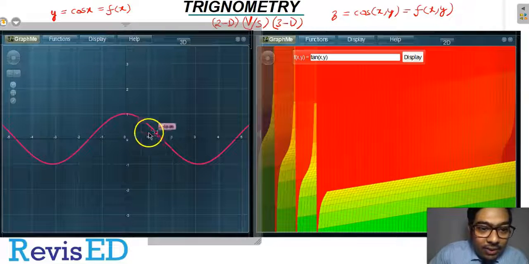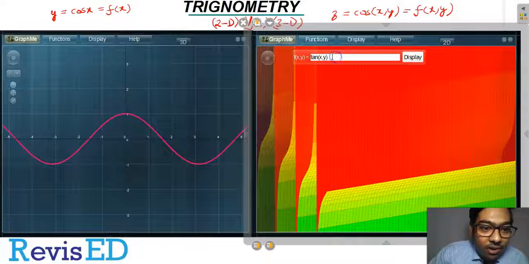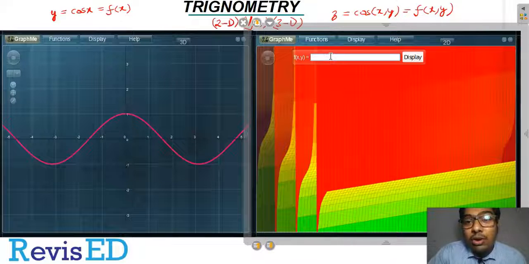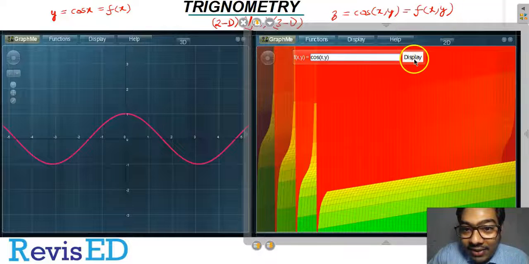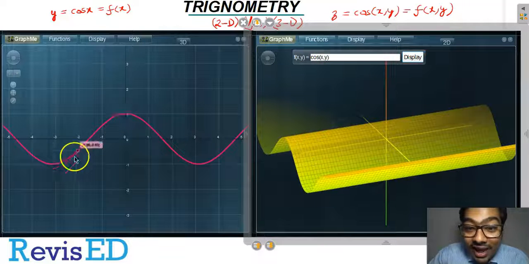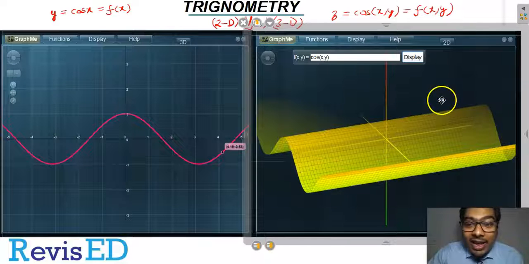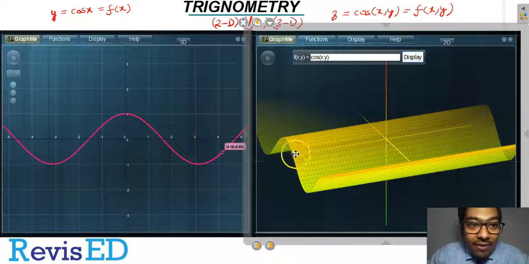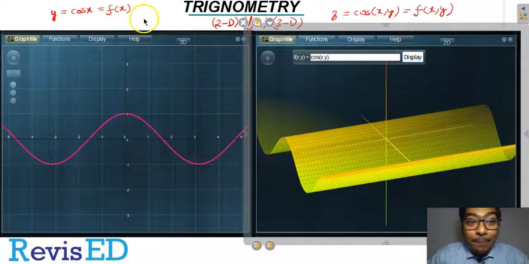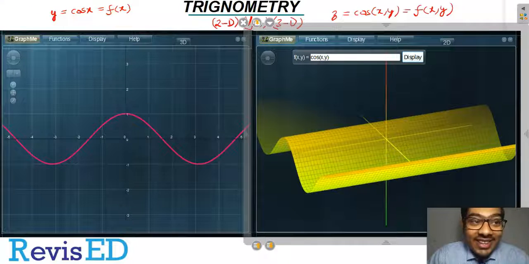So what we are noticing here? The peak value of cos of x is at 0. At 0, cos of x is equal to 1. Let us draw the 3D graph as well. It looks very similar to the sine graph, but the very basic difference is their peak values. Now we have understood the 2D graph of cos x versus the 3D graph. Now we'll be comparing the graph of sine x versus cos x.